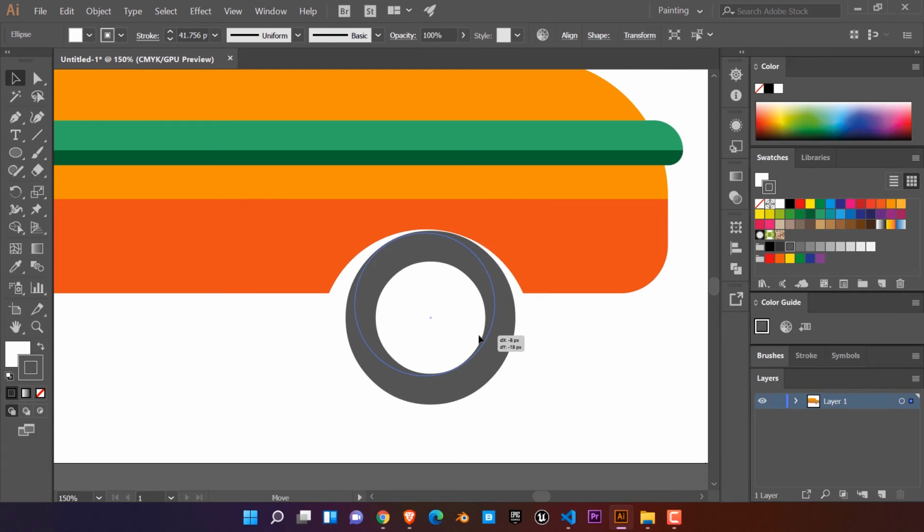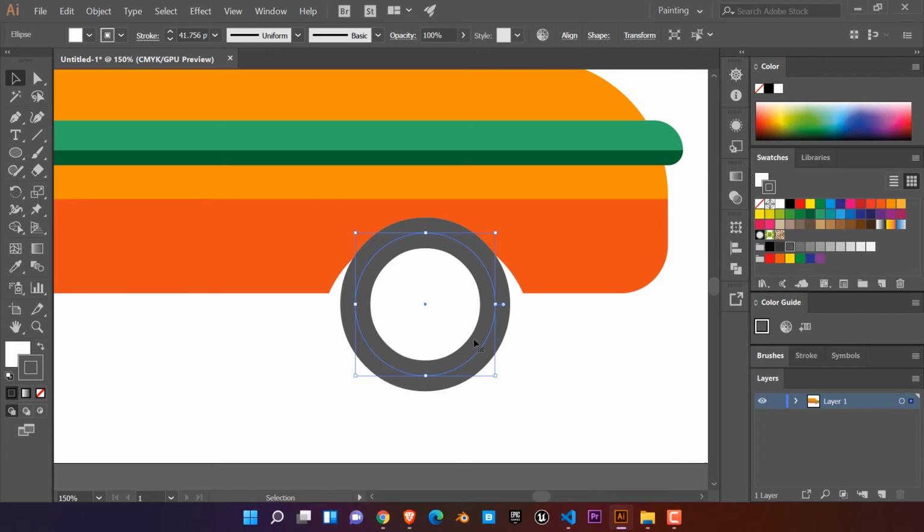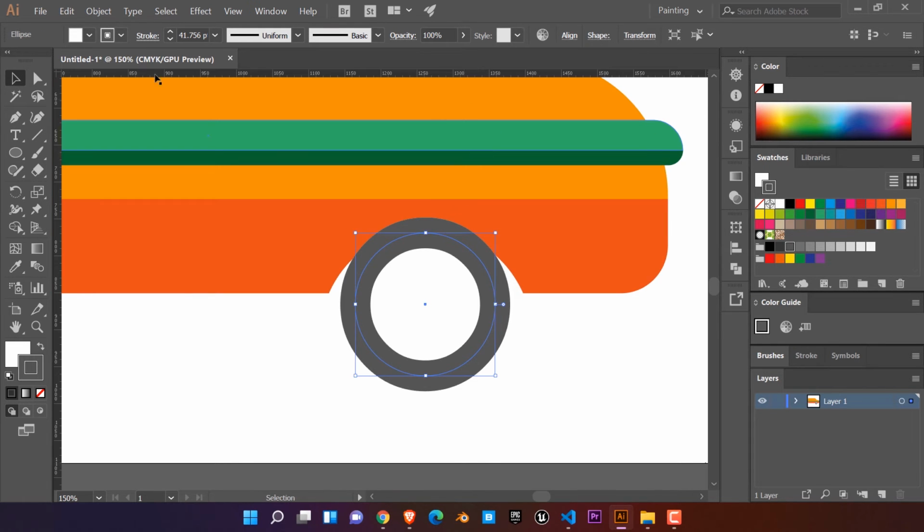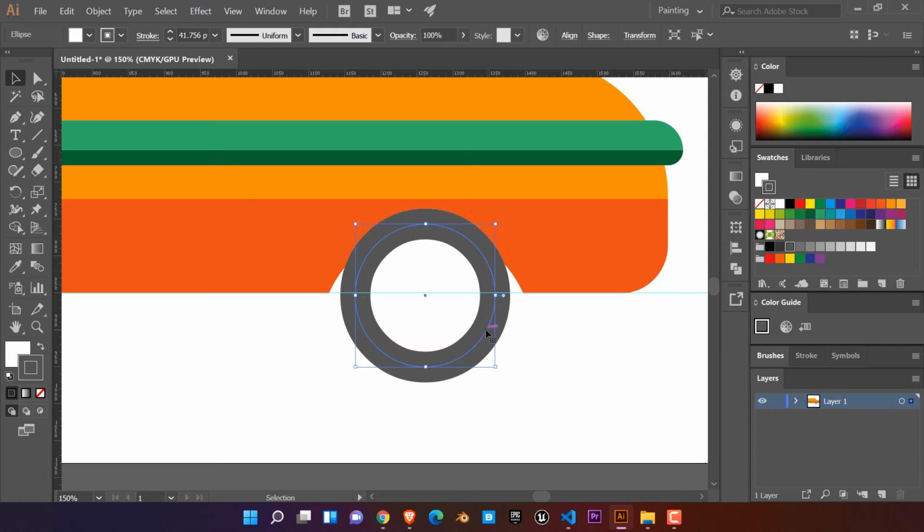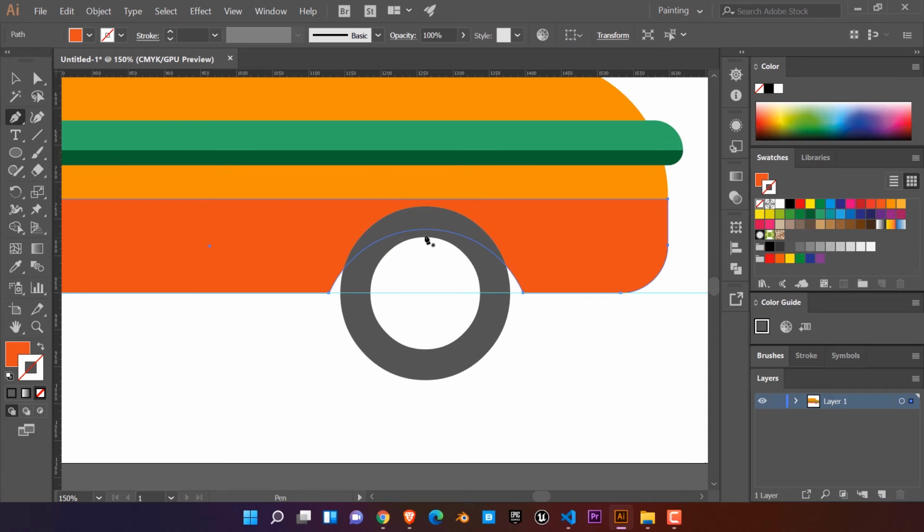Let's bring in some more changes here, and let's turn on the rulers by pressing Ctrl R, and we should be very careful when we are aligning them. Let's bring it into this area. Now it's good. Okay, let's add one more point here, and now select Direct Selection, bring it up like this,